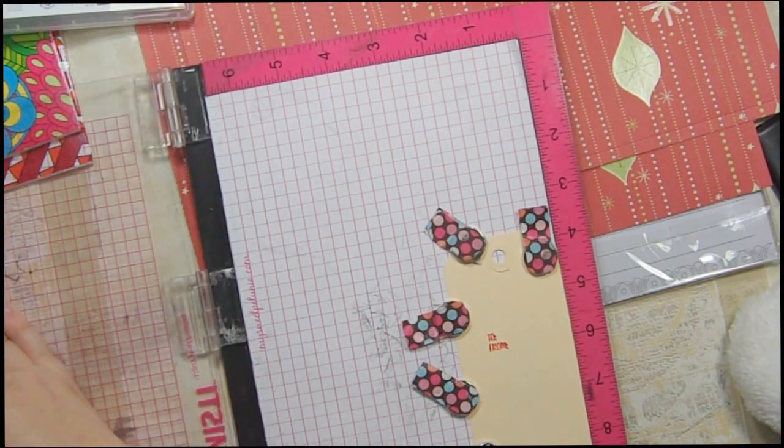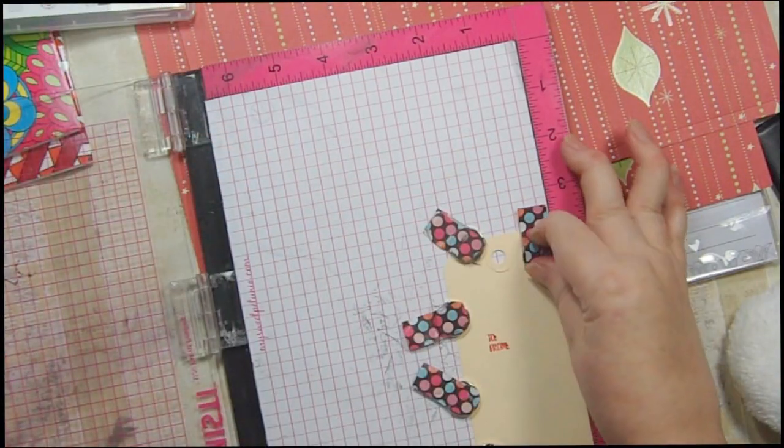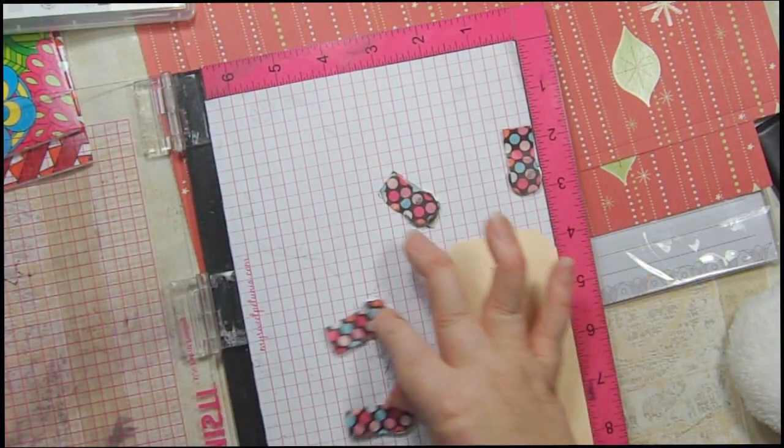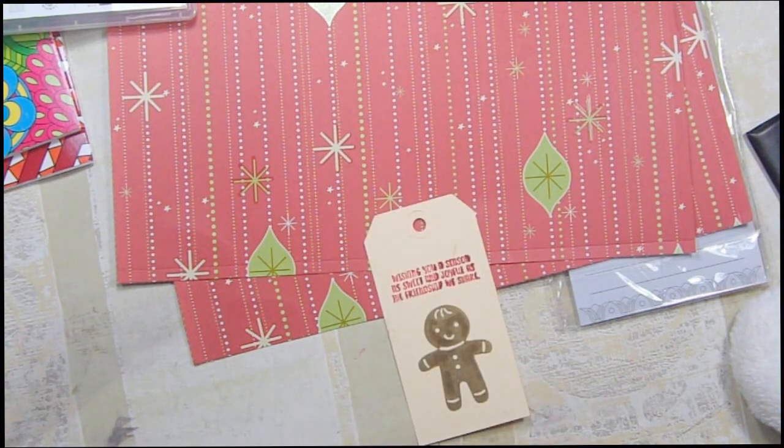Now I'm okay with it, but just like what I did on the other side with the letters, it just sometimes happens where I get a lot of ink on it. Then the last thing I thought I would do, and this is just because I thought it would be cute,